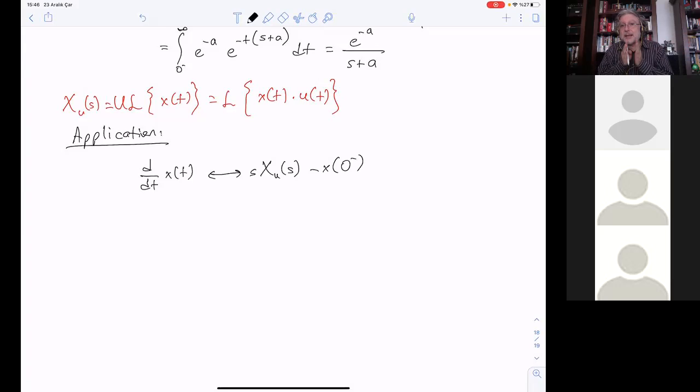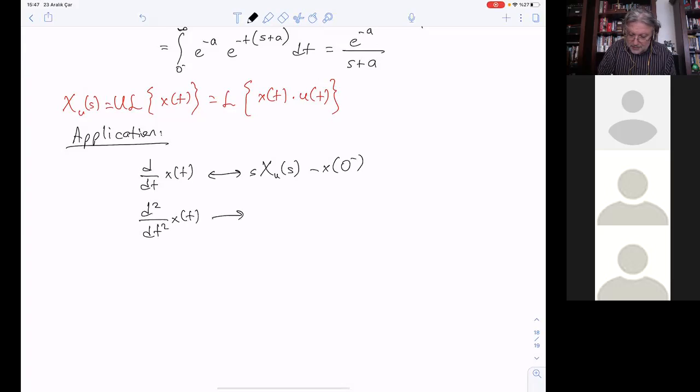It results in the initial value of x(0). So what is x(0)? What's the initial value? It must be given to you. Since you don't know what happened before that, that information must be provided to you. And